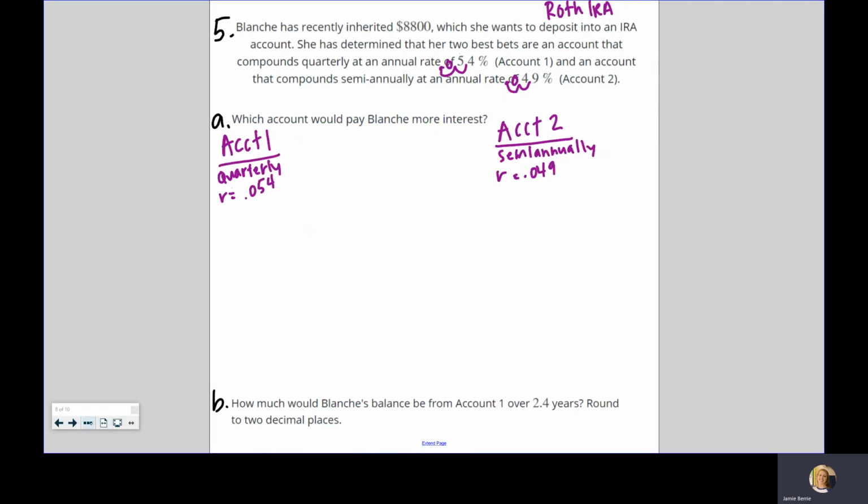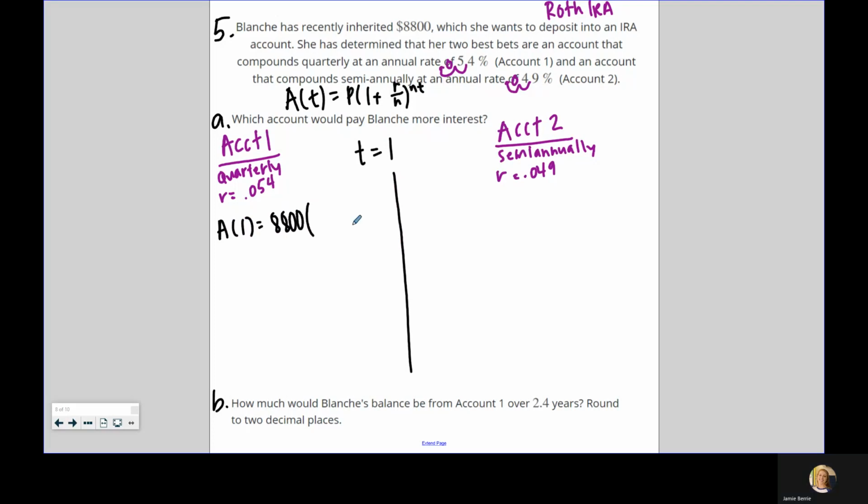All right, so what we're going to do is just set up our equation. We know that our compound interest formula looks like this. We're just going to pick a random number of years. The easiest one to plug in would be t equals 1. So let's see which account is going to pay Blanche more money after a year. So A of 1 equals, let's draw a little line here, let's keep them separate. She's investing $8,800 as her principal times 1 plus, interest rate is 0.054 for this one,